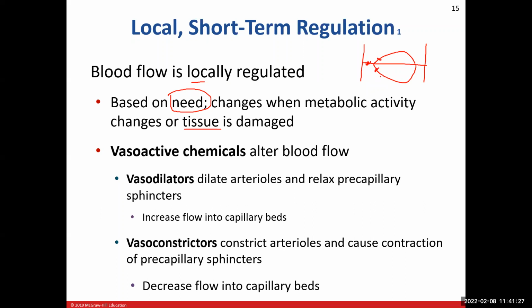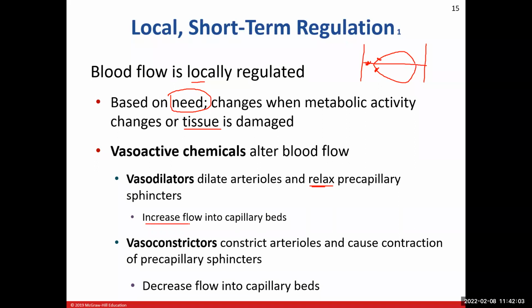Depending on what's going on, if we're undergoing vasodilator chemical release here, we get that dilation of the arterioles, which will increase blood flow, and we get relaxation of those precapillary sphincters, which are just smooth muscle cells. If they are all relaxed, everything is dilated, then we can get an increase in blood flow into the capillary beds. Whereas those vasoconstrictors, they'll constrict,